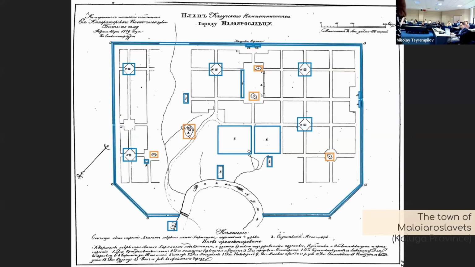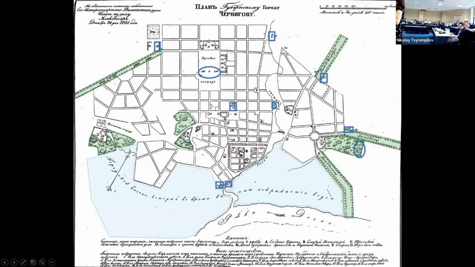me. But you can go into these maps and you can isolate all of the features that they name, and you can identify them and create a database from them. This is Mali Yaroslavets. This is Chernikov, and this is a nice one. There are lots of green spaces. You can identify whether they're public buildings, government buildings, trade-based places, lots of bodies of water, breweries, cemeteries, meat slaughterhouses, salt storage, grain storage, all kinds of things.